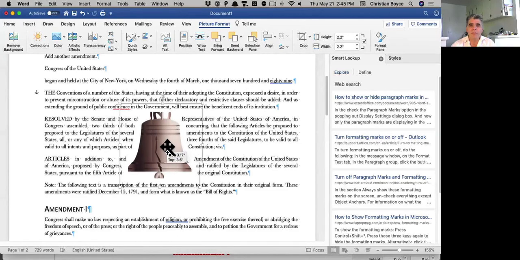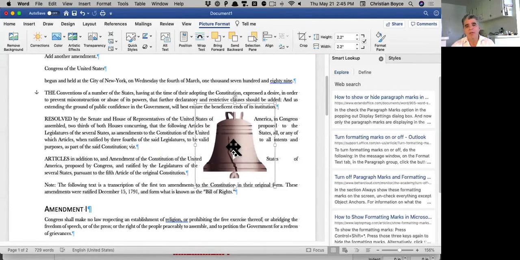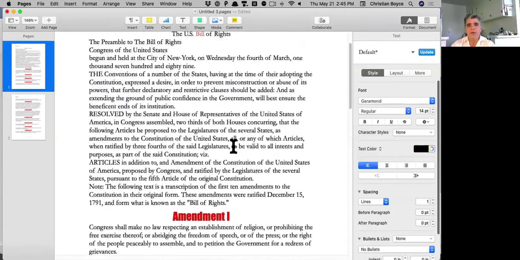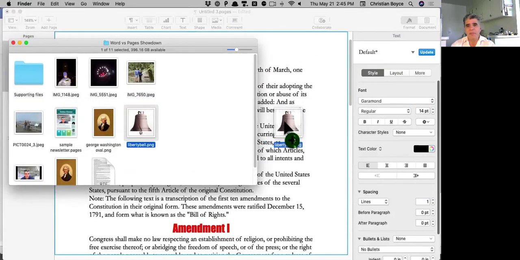I'm not impressed, but at least the text wraps around it, and so I'll give them that. Okay, let's do the same thing in Pages. So back to Pages we go. Let's put our picture in there. So I have our Liberty Bell. Just drop it in,